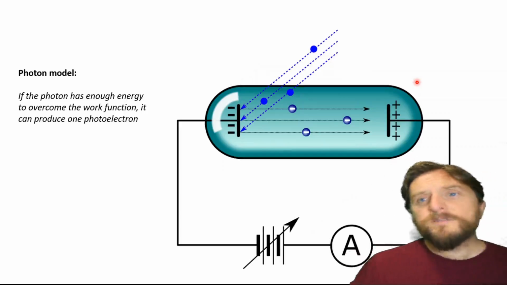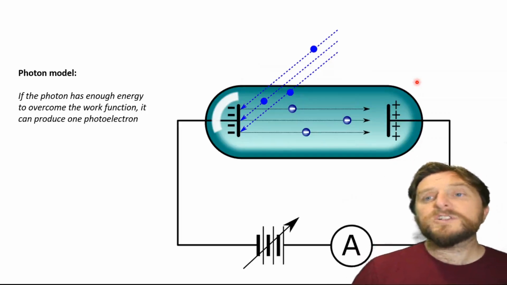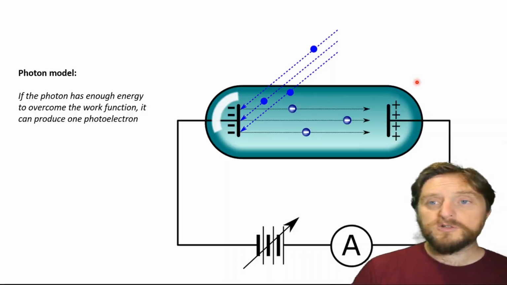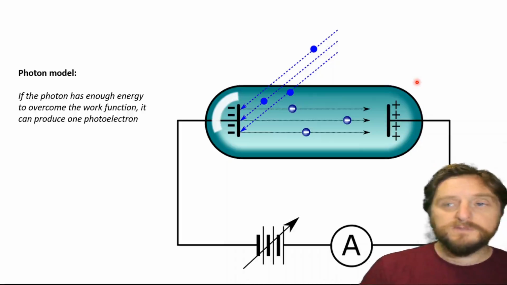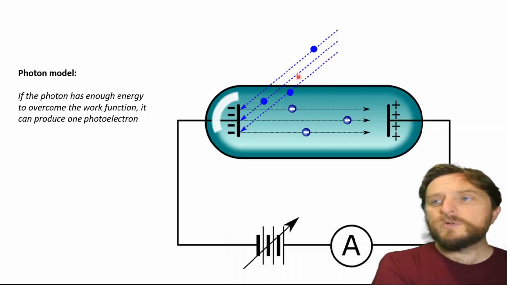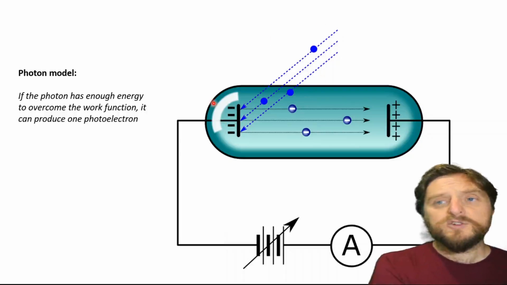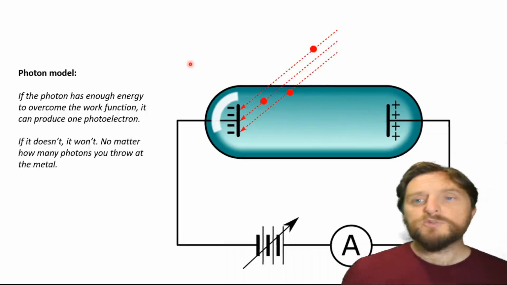So to summarize, in the photon model, if the photon has enough energy to overcome the work function, it can produce one photoelectron. A photoelectron is just an electron that's been produced in this manner. It's not a special flavor of electron. So in this case, we've got blue light falling on our electrode. We're going to get electrons coming off. If we switch to red light,